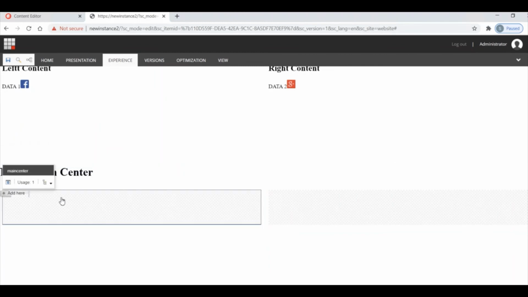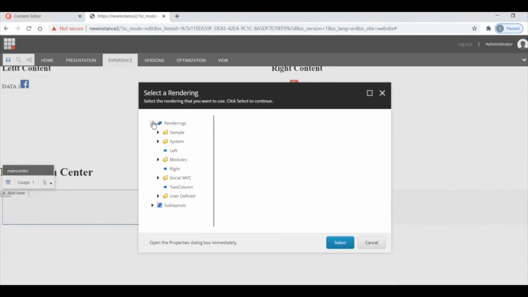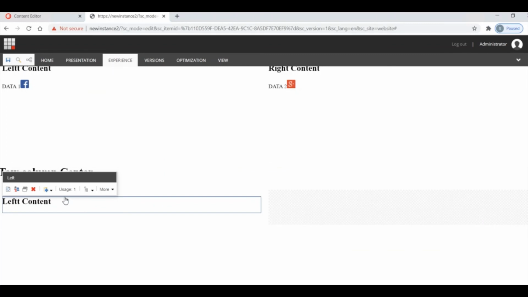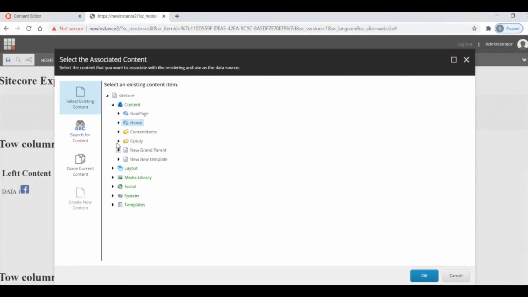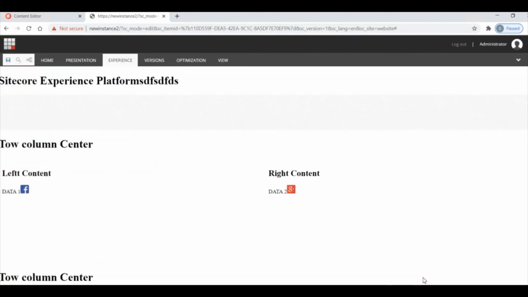And now on the left side, I'm adding the left component and tagging the data 3 content. You see, this is a different image.